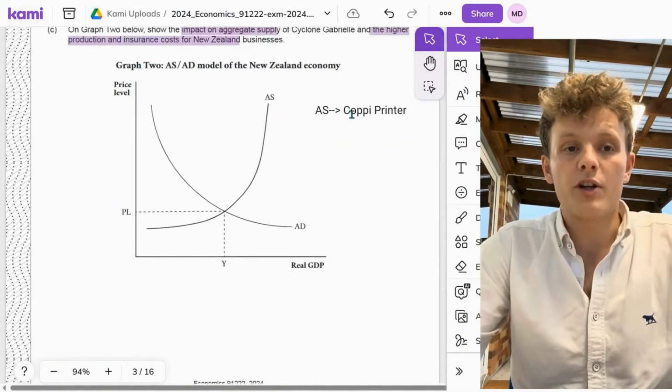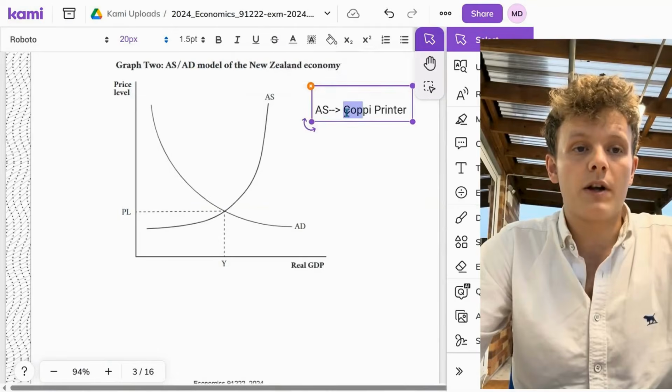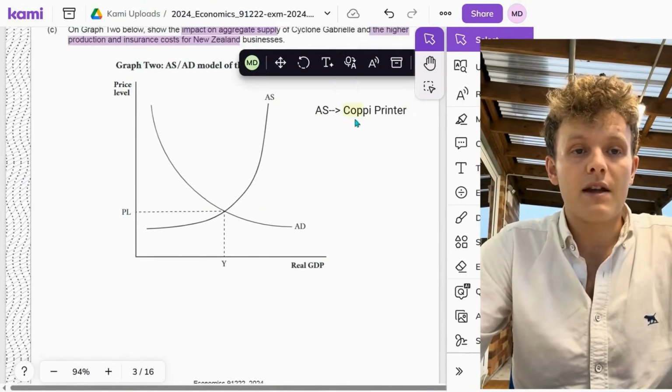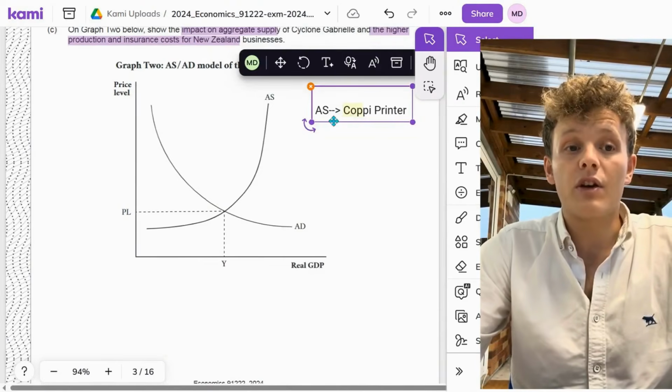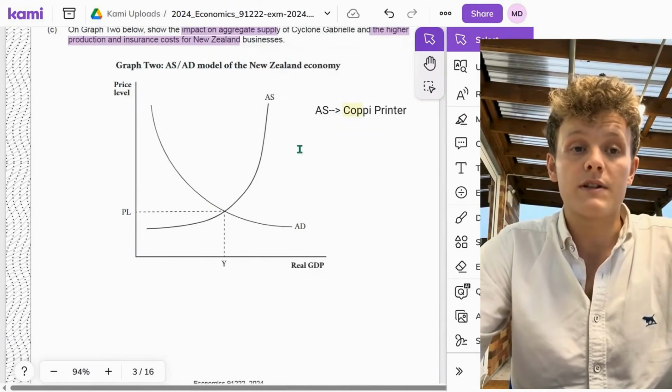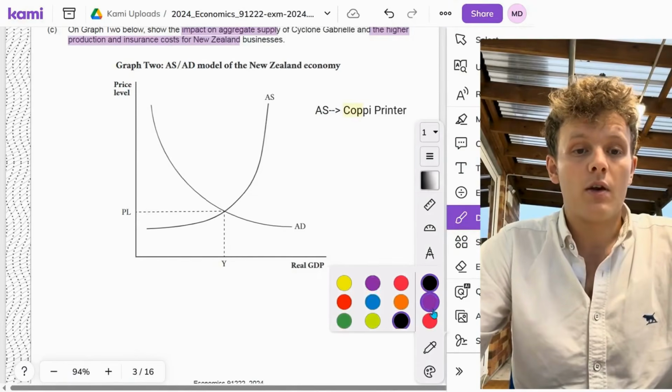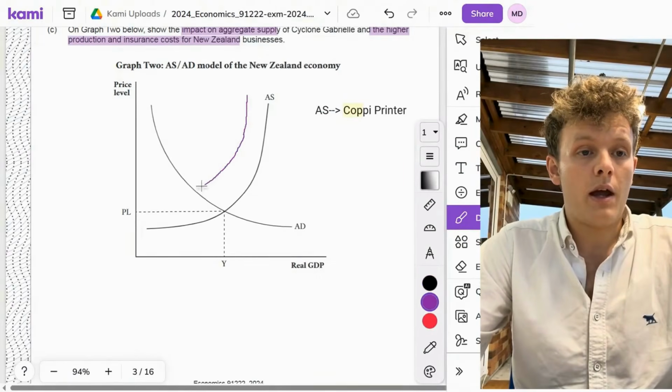And so we're saying cost of production rises, so that's that first part here, COP, it stands for cost of production, and it's increasing, which is going to mean that our AS falls or decreases as goods get more expensive to produce. So to draw that, we'll just draw a nice purple one here and draw the AS shifting there, and then